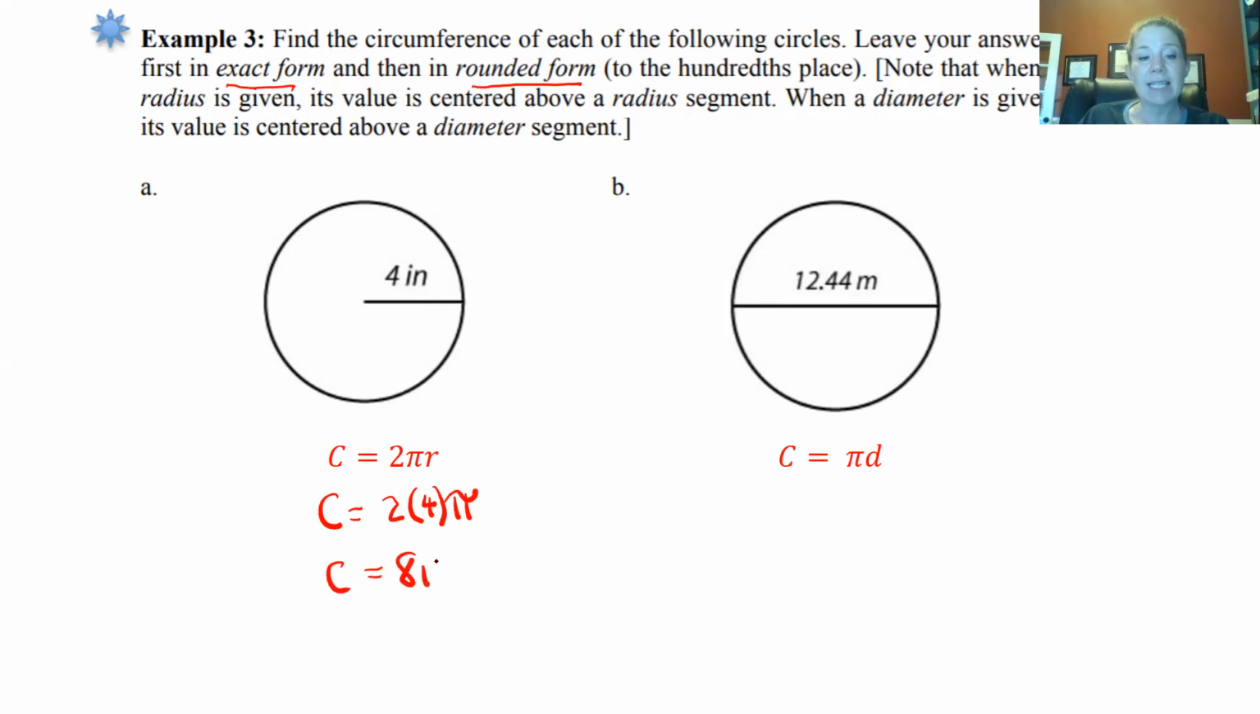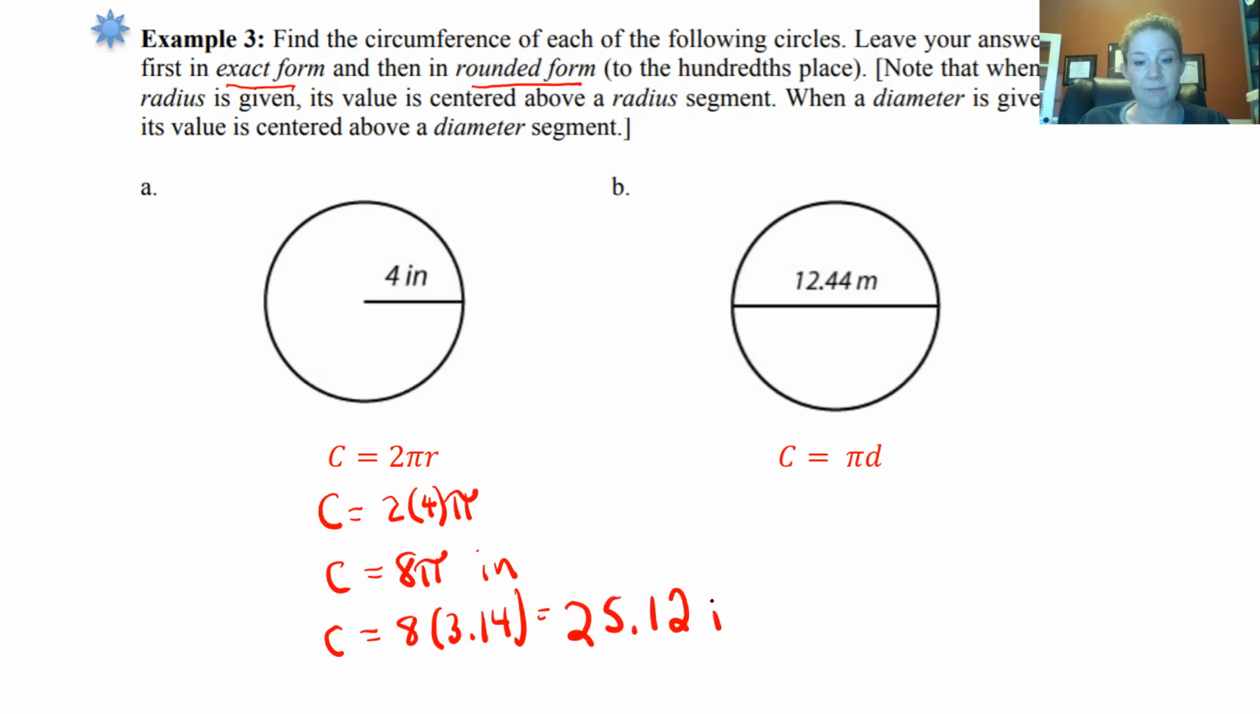So the exact answer of this circumference is 8 pi inches. Now the second answer, they want us to give a rounded answer, which simply means we are going to turn pi into 3.14. So we're going to multiply 8 times 3.14, and in our calculator, we get 8 times 3.14, and my answer is about